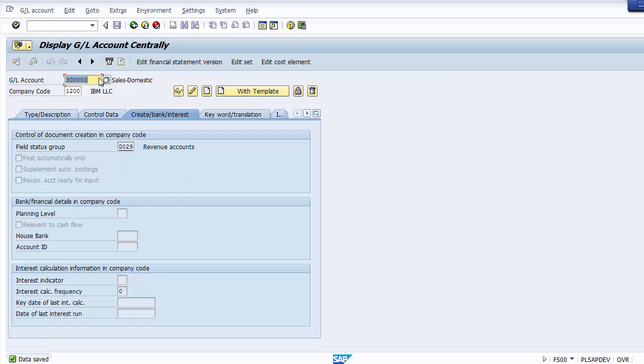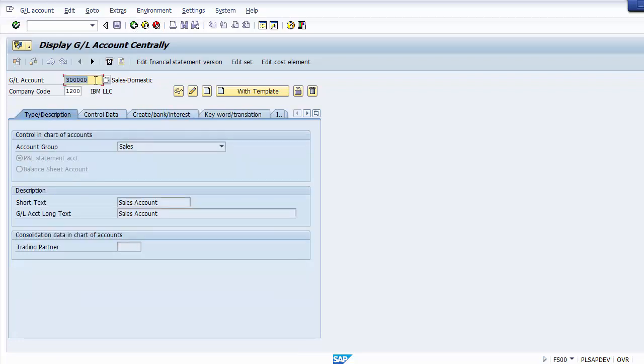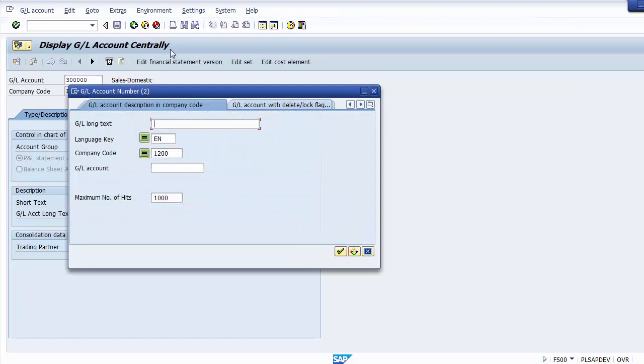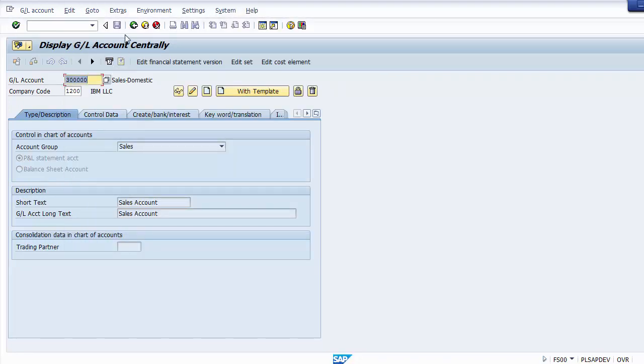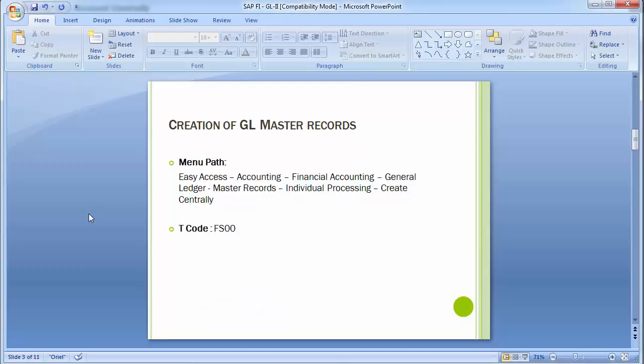So this is how you need to create your ledger master, and once you again press the F4 key on the screen, you will find a list of all the ledger masters created within the company code. Enter. So you can see now that land, cash, provision, and then sales account. So this is what GL account is all about. So this is how you will be creating your GL account, and also you will be